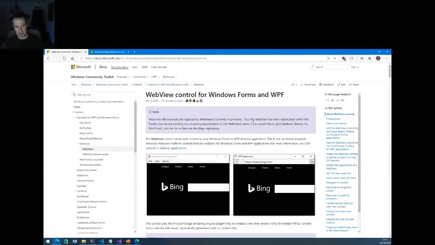Now, why is it in the Windows Community Toolkit? It's basically a control that is used in Xaml Islands. But to set up Xaml Islands, to get a control to actually be used within Xaml Islands, it takes quite a lot of boilerplate code, some bootstrapping code, and the Community Toolkit takes all of that away from us. It just gives us a control that we can drop in, and it just works. So that's nice. The WebView 2 is currently in preview, and that's the Chromium-based Edge control.